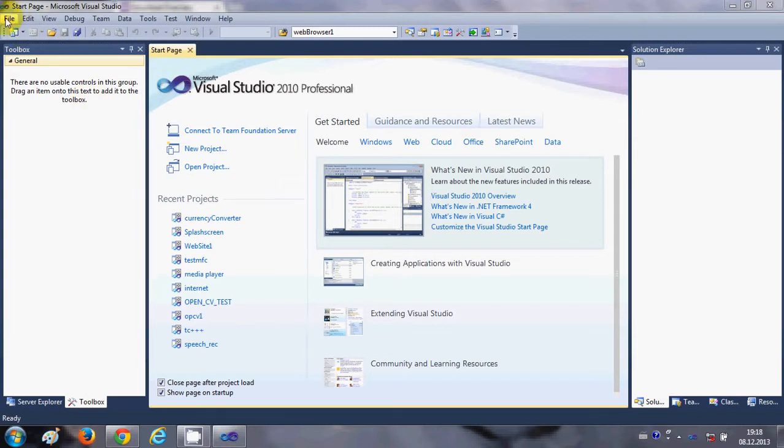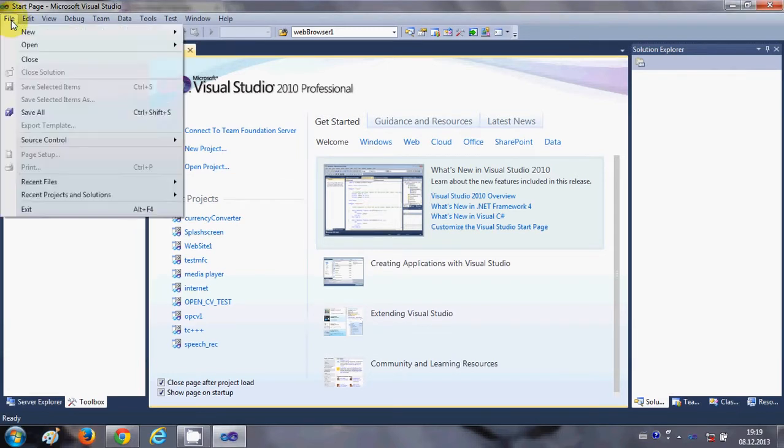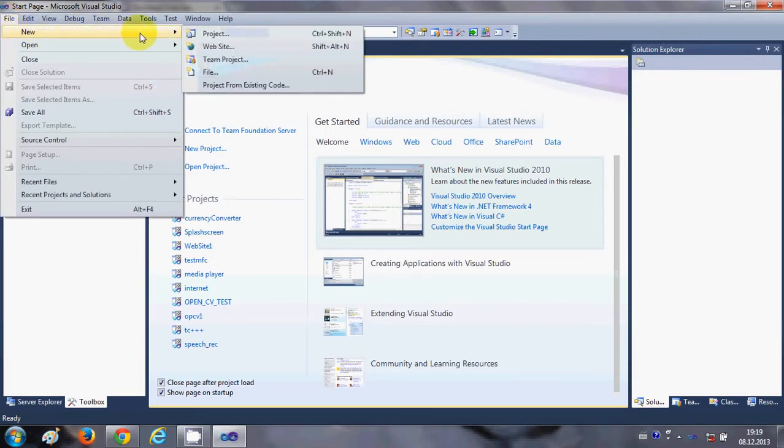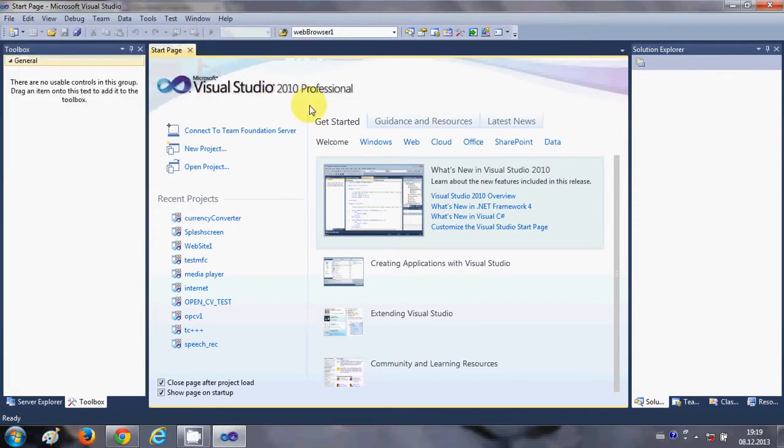So we go to File here and say New, and you can choose either a project or simply a website. So I'm going to choose this website from here,